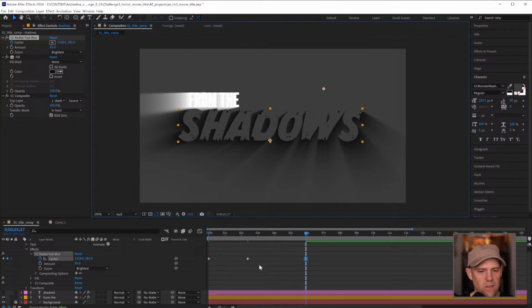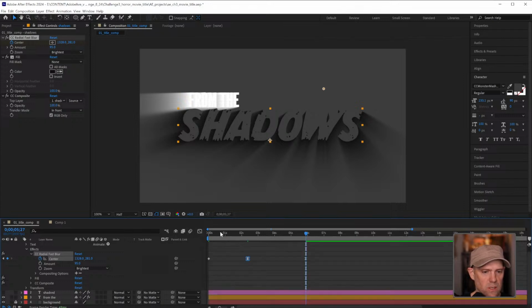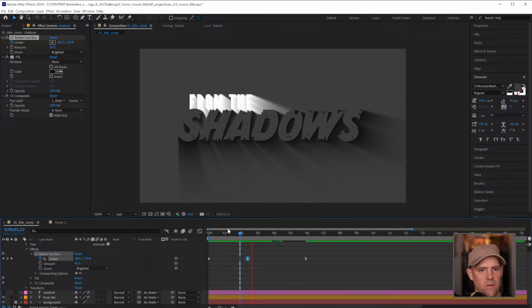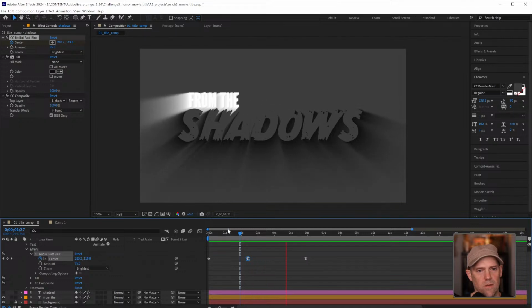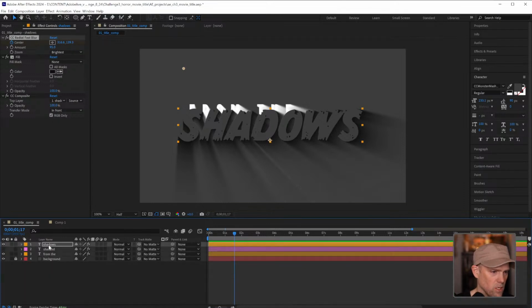I'm going to add easies on that and easies on this by pressing F9. And I'm just going to go in here and roll this out a little bit, just smoothing that transition at this turn. Let's see what that looks like. Okay, not bad, not terrible. What I want to do though is let's make a couple of copies of the shadow